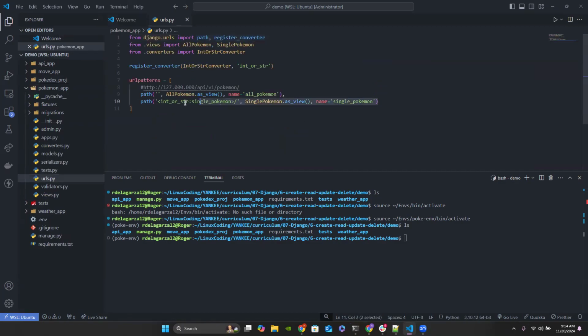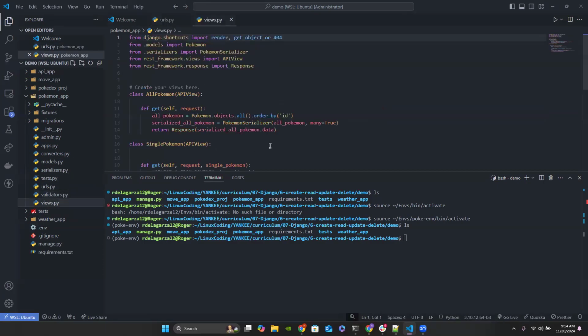We had two different endpoints. One was where it would essentially just give us this path right here. And then we have our other URL path, which was something like this, right? If we wanted to add a new Pokemon, we would probably add it within this path. This path here is using what view? The all Pokemon view,